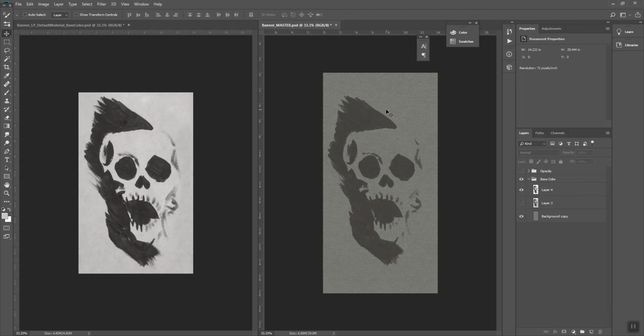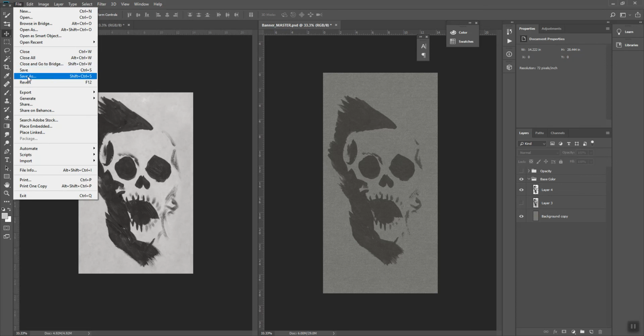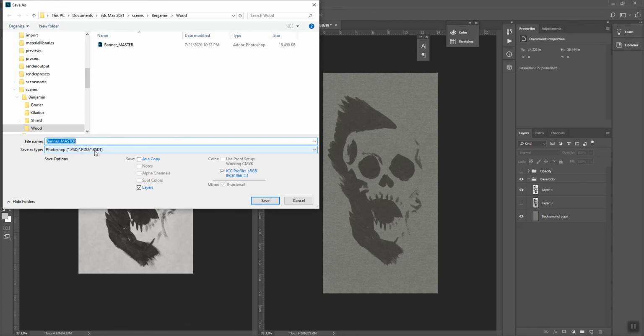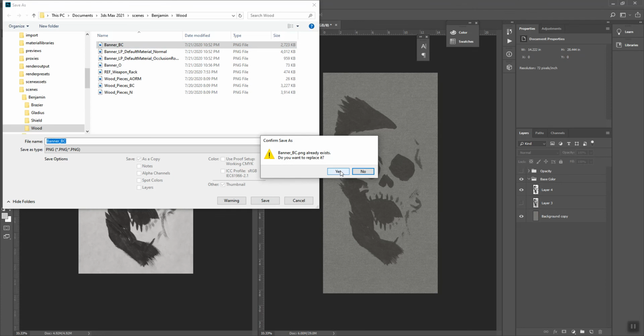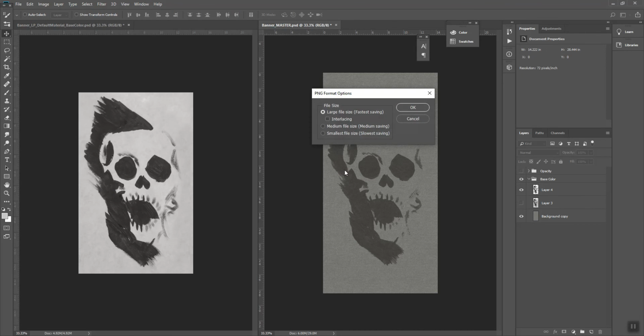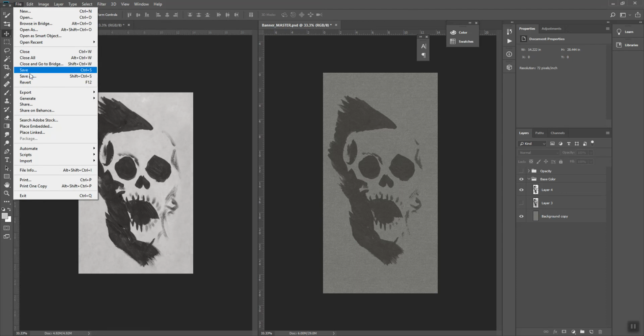There we go. And now I have my new diffuse, so I can say File, Save As. I'm going to change to PNG. And this will be my new banner base color, because I'm going to save over the old one. It says it already exists, so I'm going to replace it. Yes, okay. And then I can save this file. File, save,